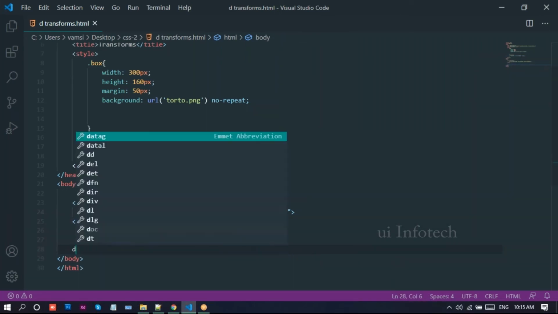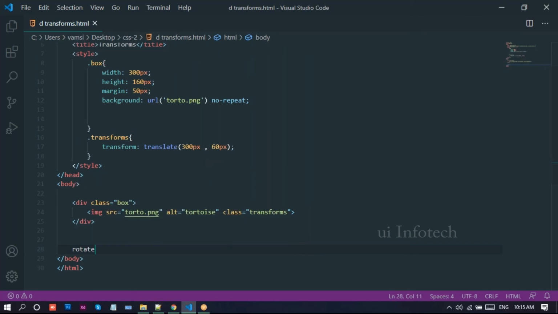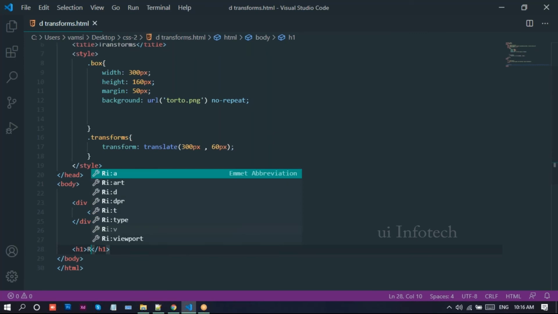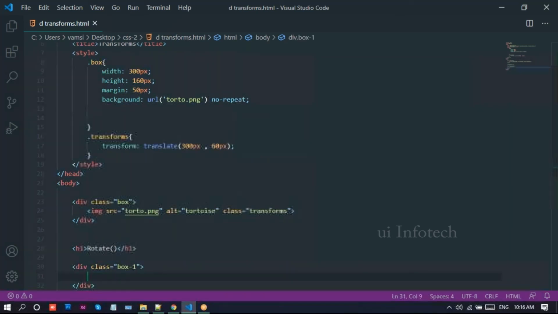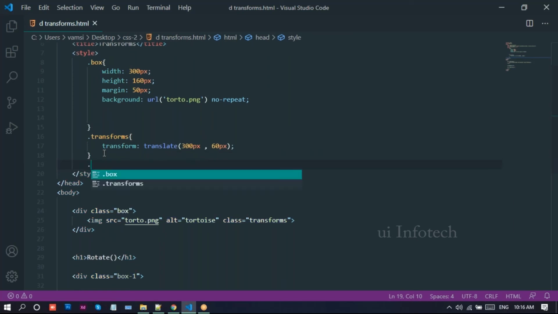So let me go to this Visual Studio. See here, I'll take one more div. So this is the rotate function. For this rotate function, I take a div, I take box one.